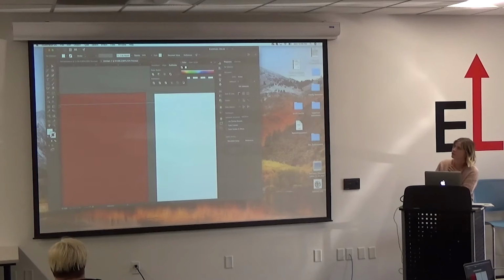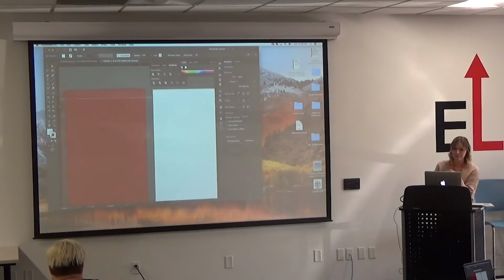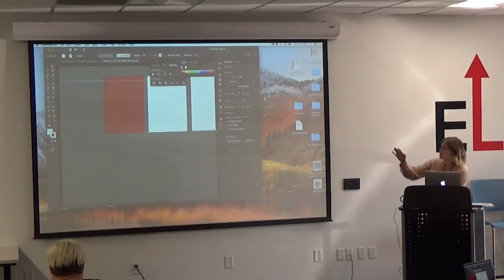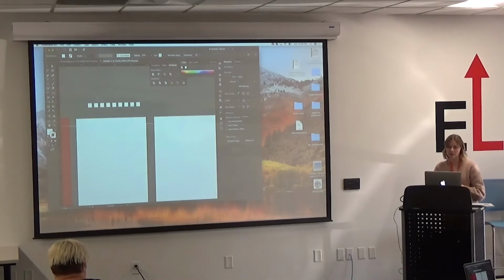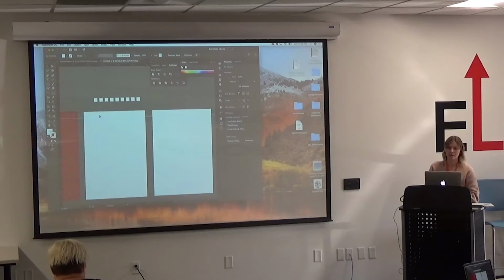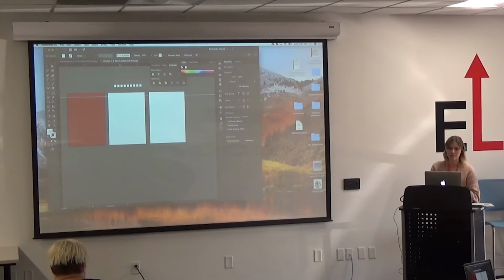So I double click on the ruler, and then that guideline pops up. Because I have all my pages lined up next to each other, I can see exactly where it needs to be on all 3 pages. And you can do that with the vertical too. So if I needed a guideline this way,